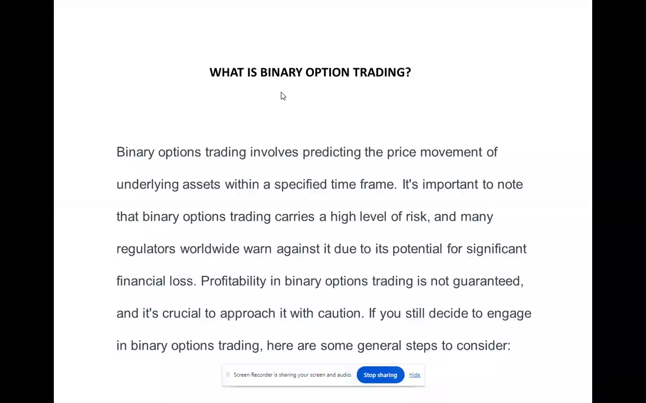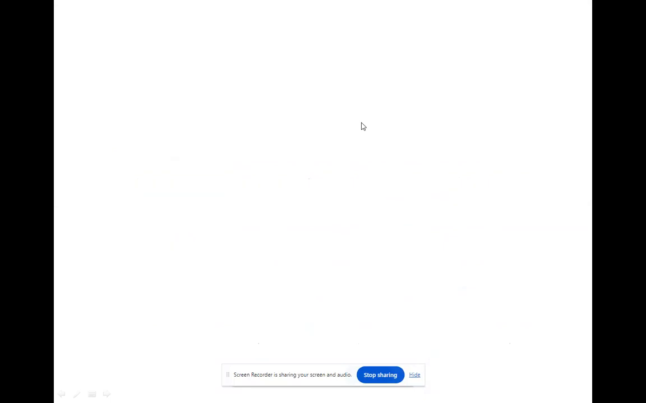So it is crucial to approach it with caution. If you really want to make profit in trading, or let's say a binary option, you must approach it with caution. If you decide to engage in binary option trading, here are some general steps to consider. I'm going to list all the general steps you must consider whenever you trade binary option. The first step I'm going to talk about is